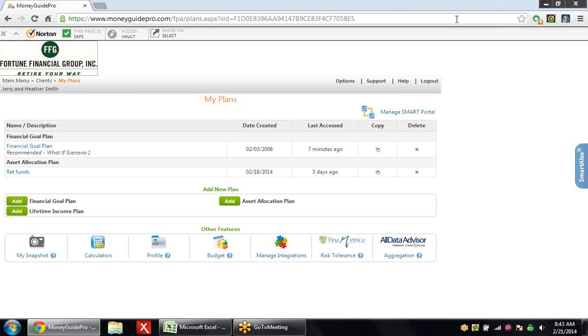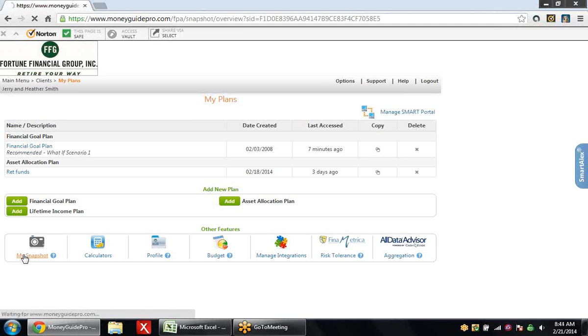Today we're going to use an area on Money Guide Pro that I personally use most frequently when I look at my own accounts online. Starting again at the My Plans menu, as you'll see up here, is always the go-to place to get back to the main area. On the lower left is an area that says My Snapshot, and I'll click on My